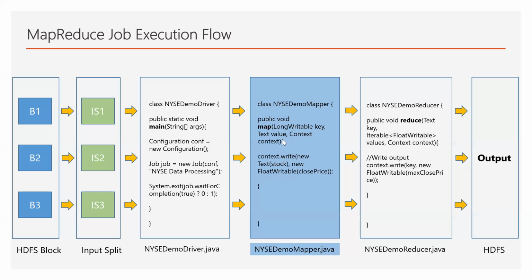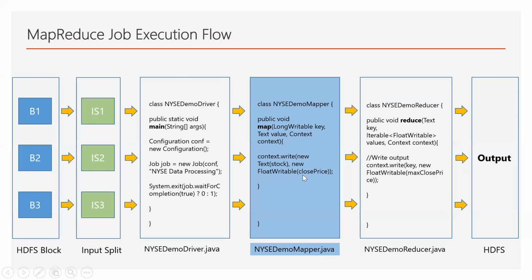Your input will be there, and inside your function you have to convert that Text type into a varchar or a string. In Java programming we say varchar is a String. You convert this into a string, perform some operation, and do whatever logic you want to do. Finally, you again write whatever you want as a key value pair.